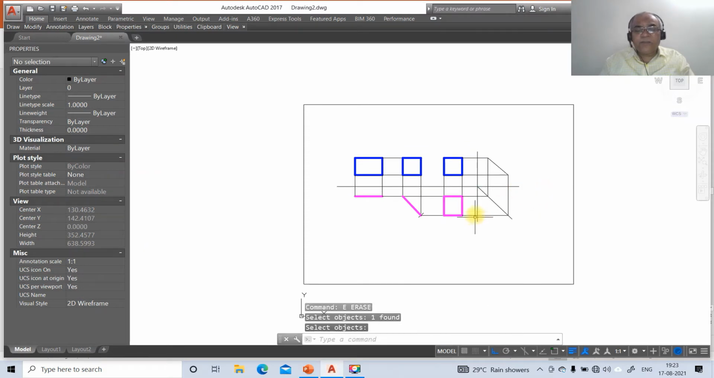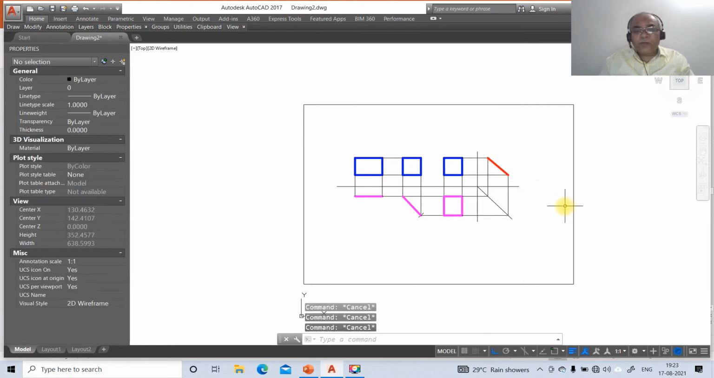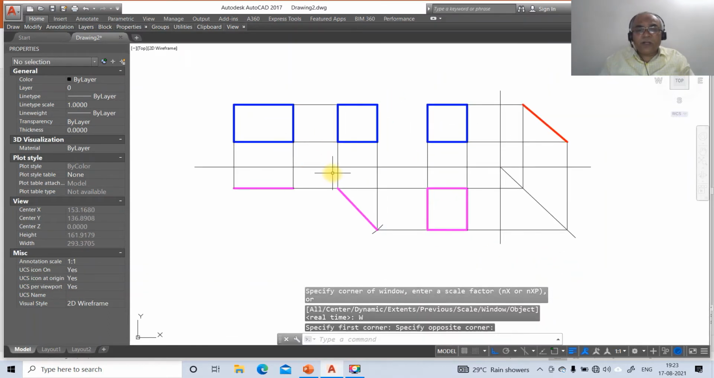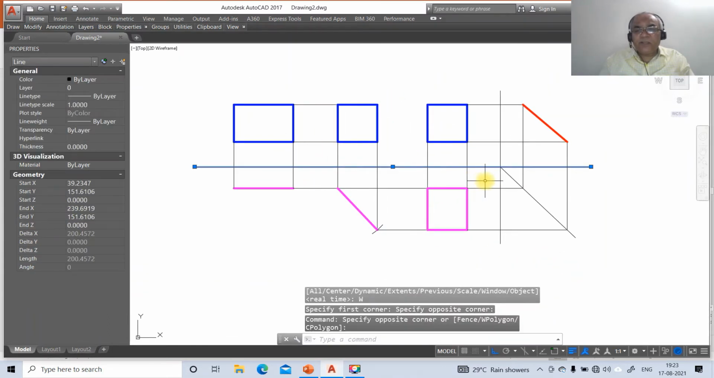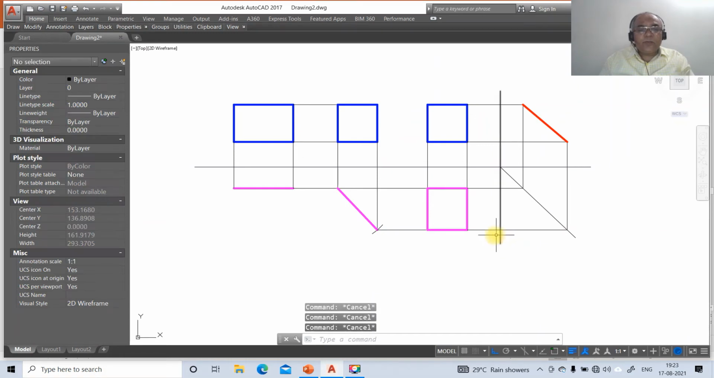Then go to erase. So here you just click on this, go to layer, make that layer as side view. Once you do that, then go to zoom window. Then you click on this line and you click on this line. Go to layer, make that layer as xy. So now we have the